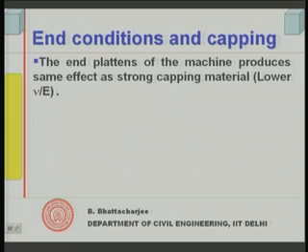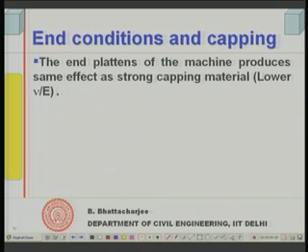So, capping materials really affect the apparent strength of concrete, this is one thing, but we need not apply capping all the time. So why are we looking at capping material? We do use capping material sometimes, but that gives us the understanding that lateral restraint is an important aspect as far as the apparent, measured strength of concrete is concerned.